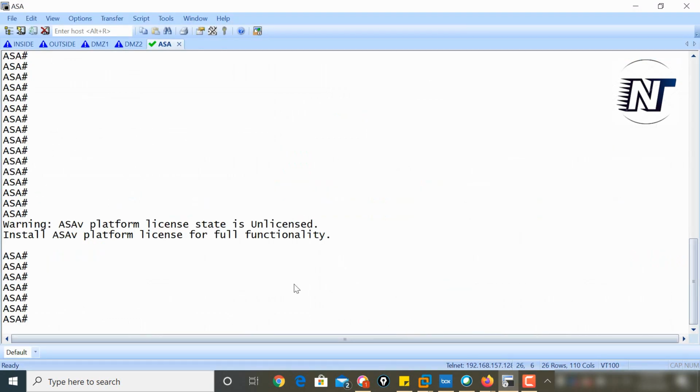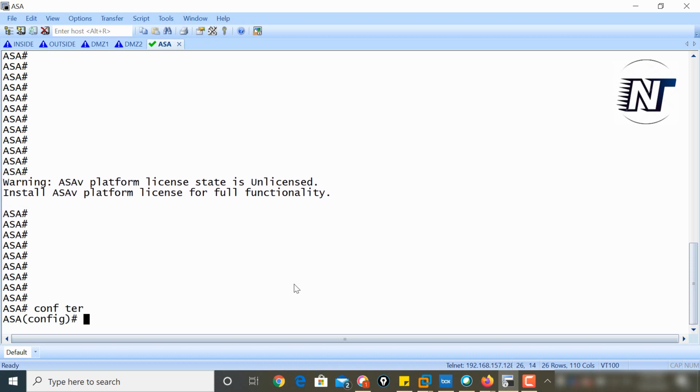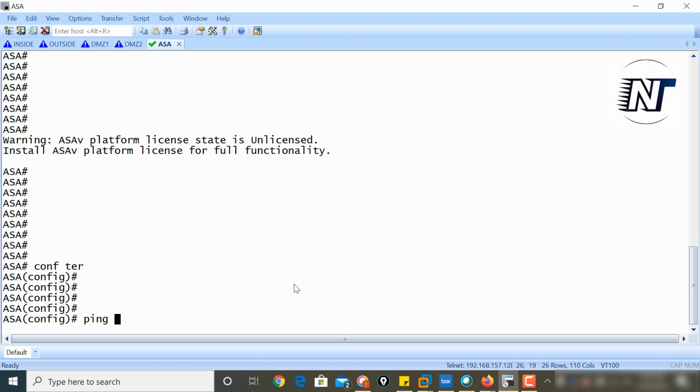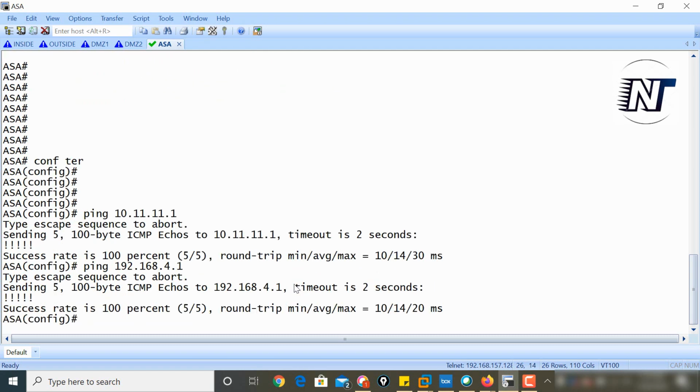What I'll do over here, ping 10.11.11.1. It's pingable. Next, ping 192.168.4.1. It's also pingable. Ping 192.1.20.1.